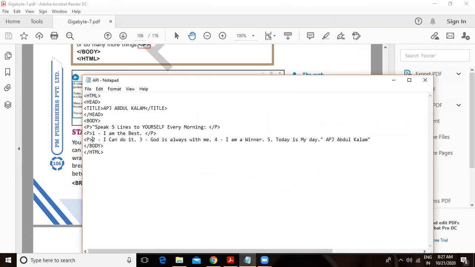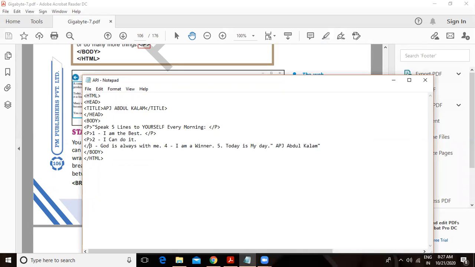P stands for paragraph tag. Here you can just see what I am doing. P tag, P tag close.